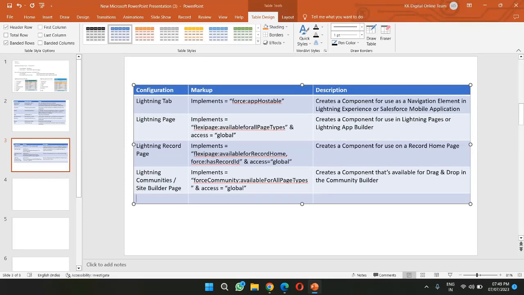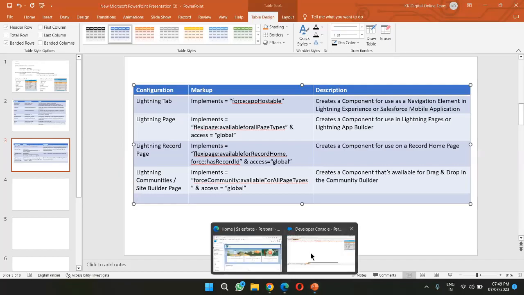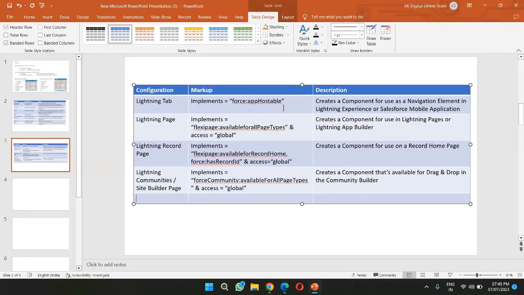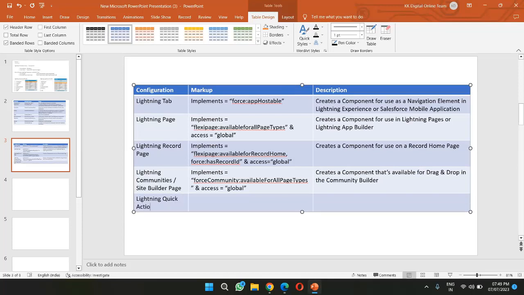So this component is available for drag and drop. Right? The next, the final configuration file, is Lightning quick action. This component we can use in the Lightning quick action. Implements